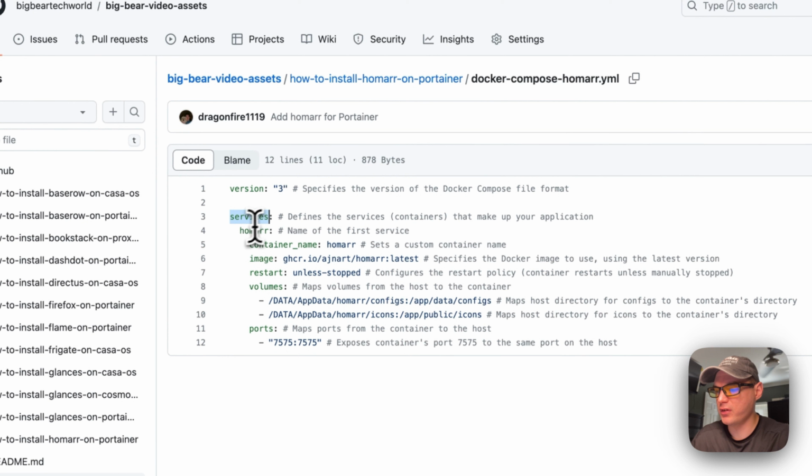Hello, my name's Christopher, and today I'm going to show you how to install Homarr on Portainer. So, a little bit about this series, I'm going over Homarr, so installing things, getting things set up, everything like